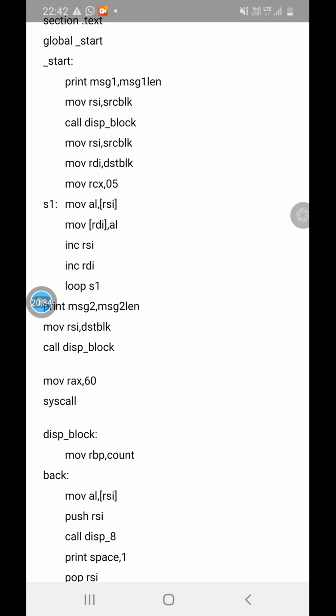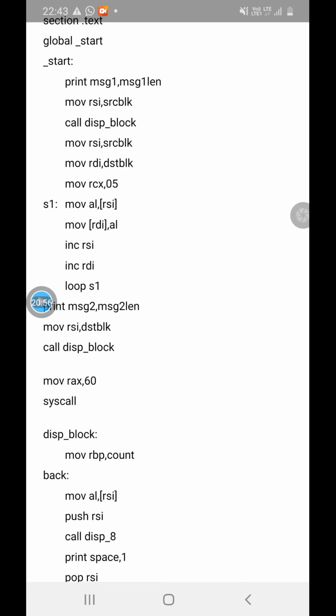Because of this, whenever we write the instruction move AL, [RSI], it will read the contents of the memory pointed to by RSI, and that content will be put in AL. That means the first element of your source array is 10H, so that will be available in AL.